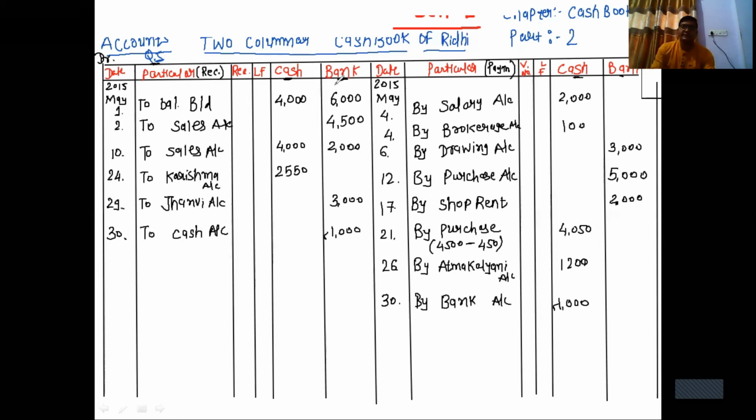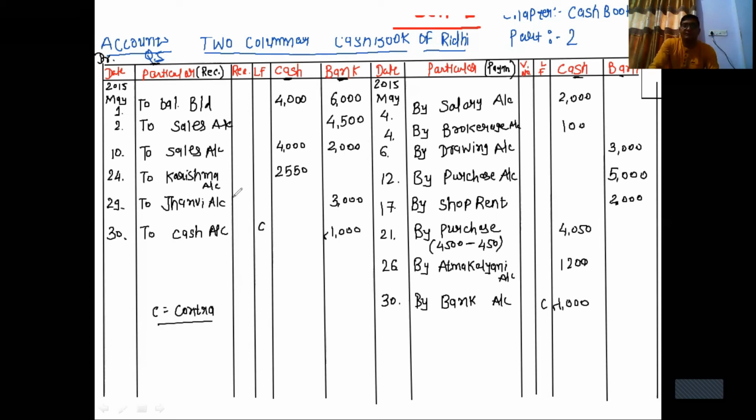It means you can see that here in the bank account a debit entry, in the cash account a credit entry. Amount is in the bank column, the name is cash account. Amount is in the cash column, the name is bank account. Simple. And here a single transaction has two entries because it affects the cash column as well as the bank column. So in the ledger folio column, we have to write C. C stands for contra entry.